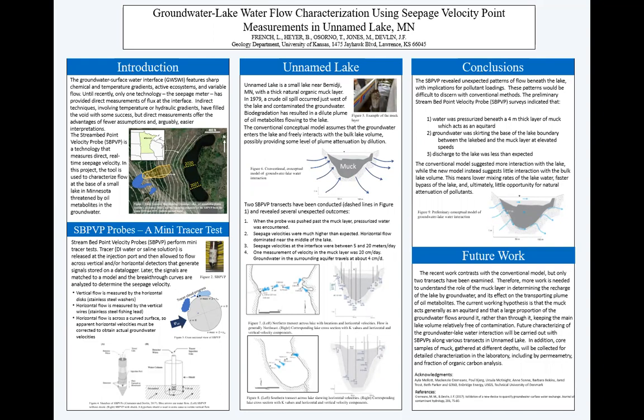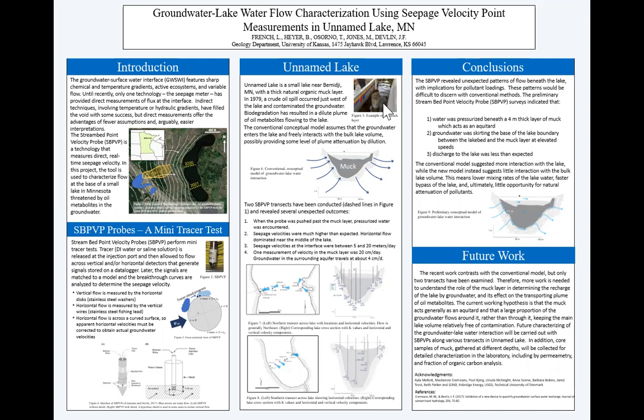So, over the past several years, the Streambed Point Velocity Probe, or SBPVP, was developed. The SBPVP makes direct measurements of seepage velocity at the groundwater-surface water interface and has been used in both river and lake bed settings. Here, we explain the tool and show an application in a preliminary study of a lake